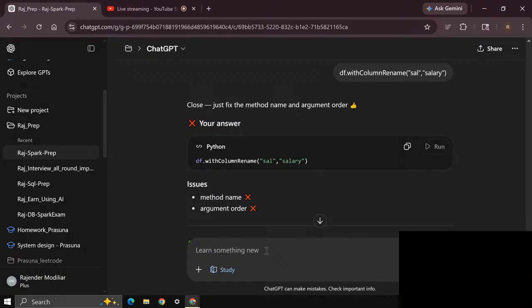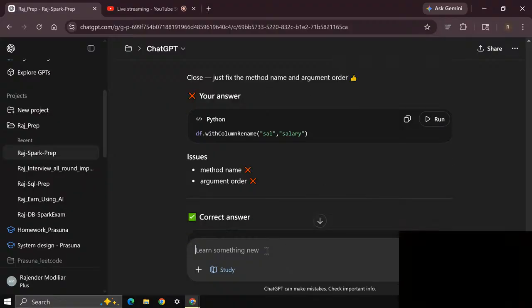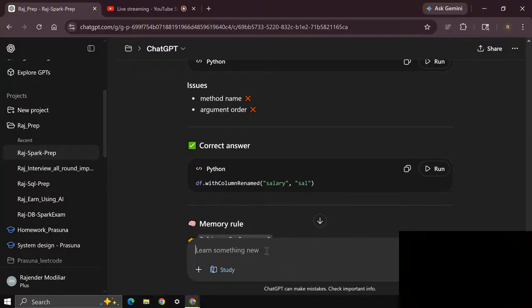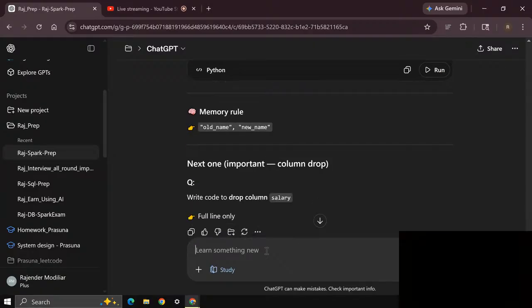Completely wrong. Just fix a method argument again. Method name with column rename. Okay, your answer is with column name. Method name is wrong. Argument order is wrong. Okay, with column renamed. Old column name, comma new column name. Okay, old name, new name. That's fine. Next,